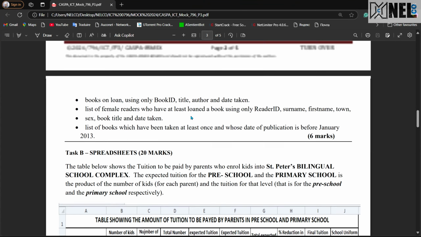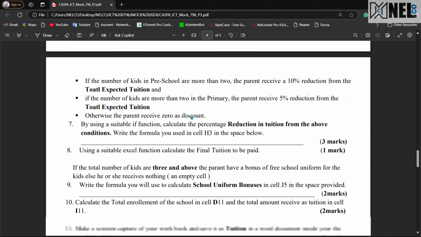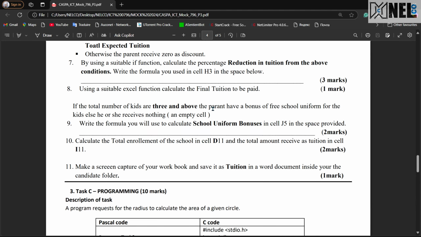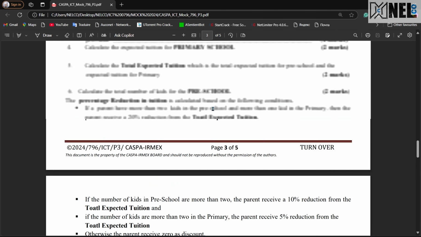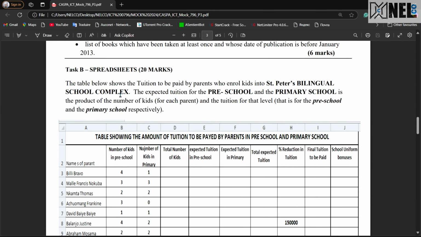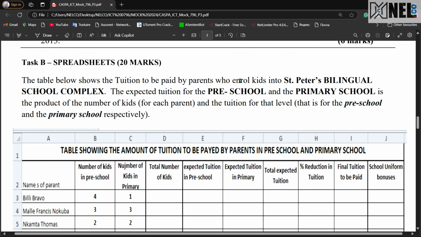Okay. So you know our formula. We always read everything before we start the question paper. It's very good to know how to move and what next you should expect from the paper. Alright, so Task B says the table below shows the tuition to be paid by parents who enroll kids into